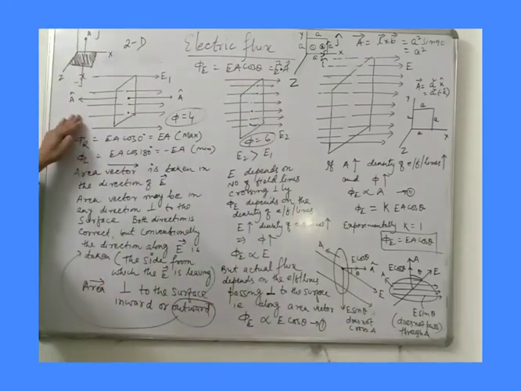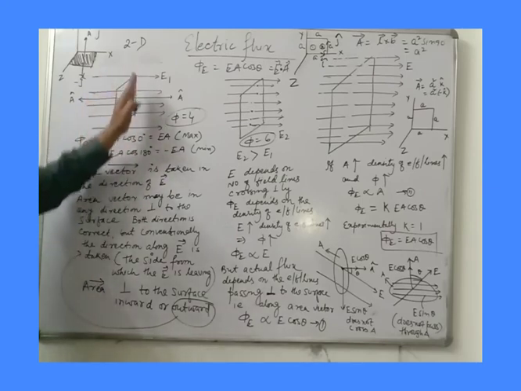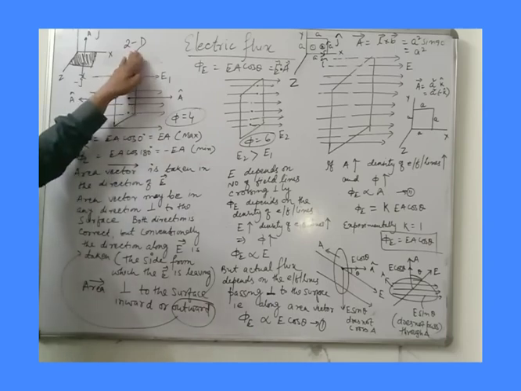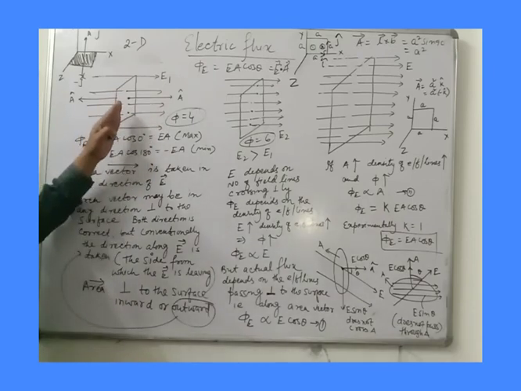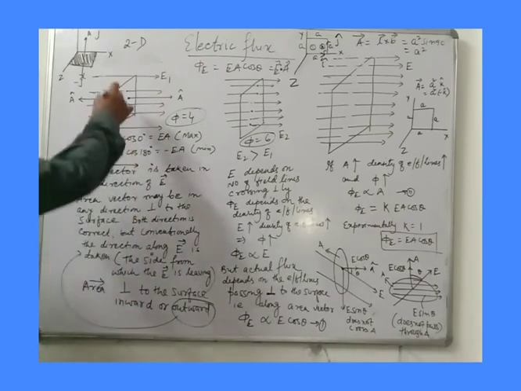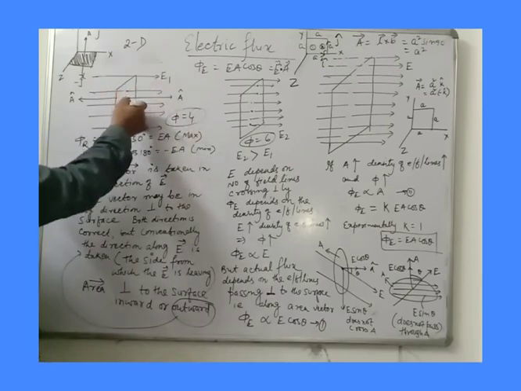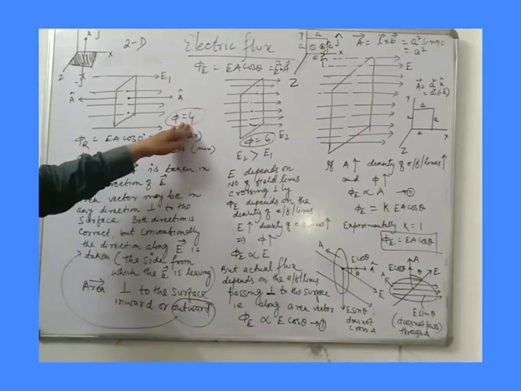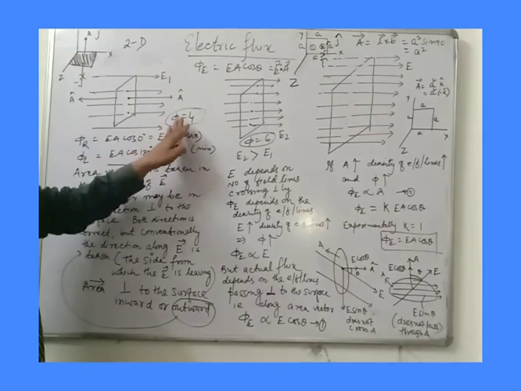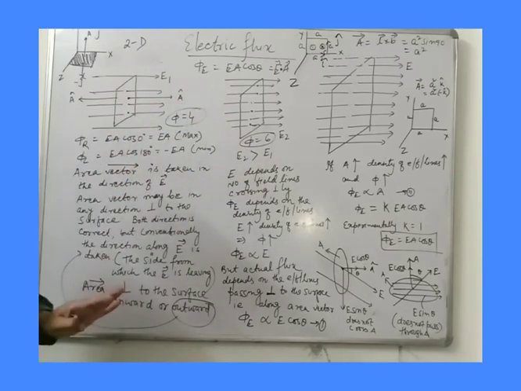Okay, let us see this figure now. There is a plane surface, it is a two-dimensional surface. Electric field lines are crossing through the surface. Now we have to count how many electric field lines are crossing through the surface. We can count here 1, 2, 3, 4, so flux is equal to 4. That means there is this much flux. So flux is measured by the number of field lines crossing the area.